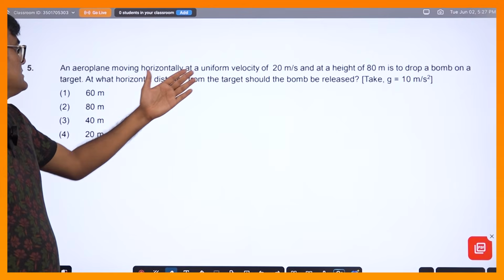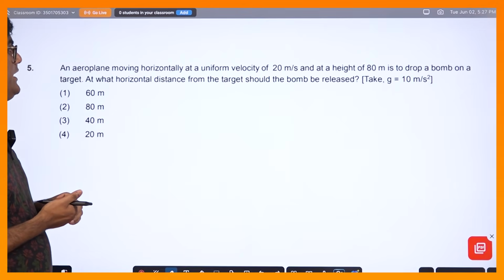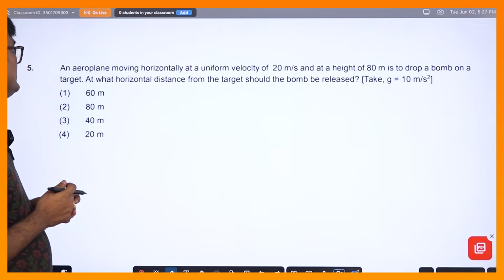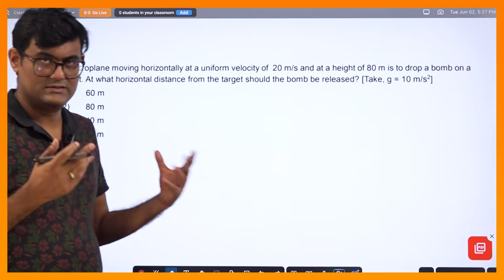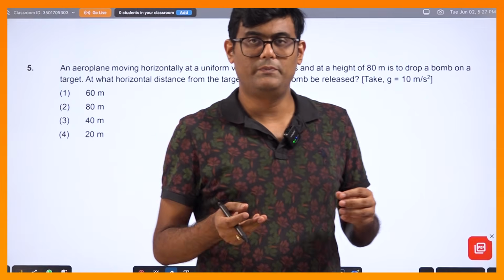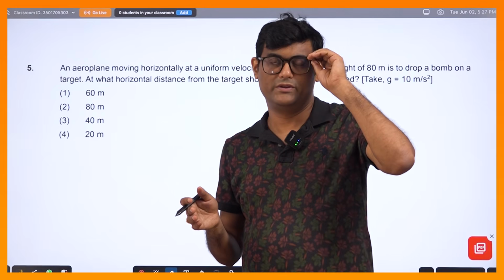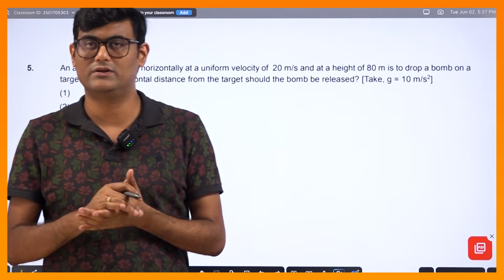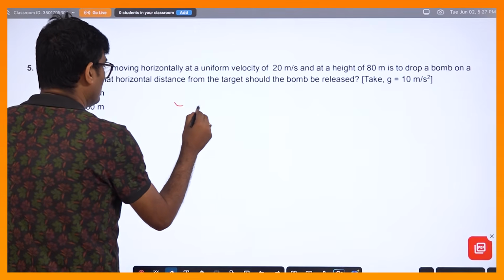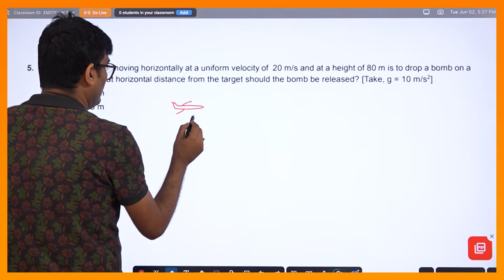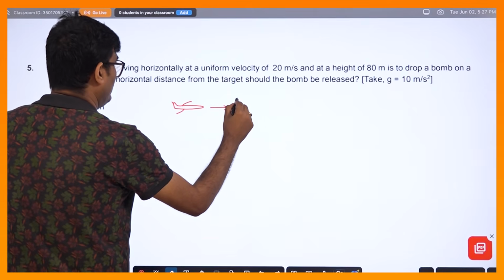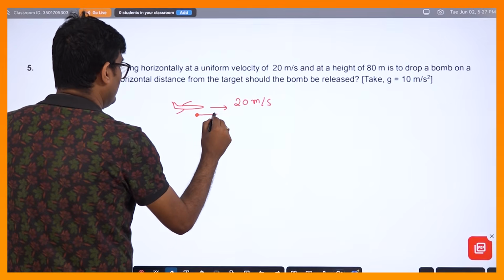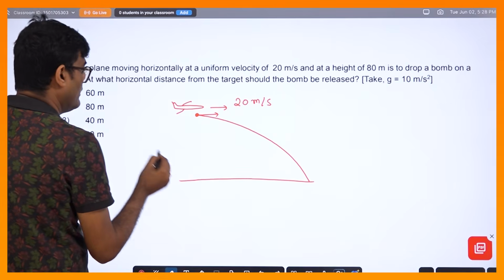An aeroplane moving horizontally at 20 meter per second at height 80 meter is to drop a bomb. At what horizontal distance from the target should the bomb be released? The bomb being released means it is released with respect to the aeroplane, but with respect to the ground observer, the initial velocity the bomb has is the same as the velocity of the aeroplane. Right, so if the aeroplane's velocity is 20 meter per second, the velocity of this bomb is also 20 meter per second, and it hits the target